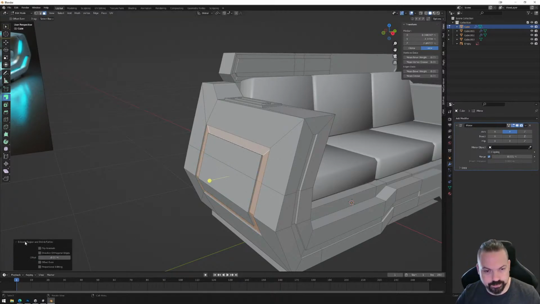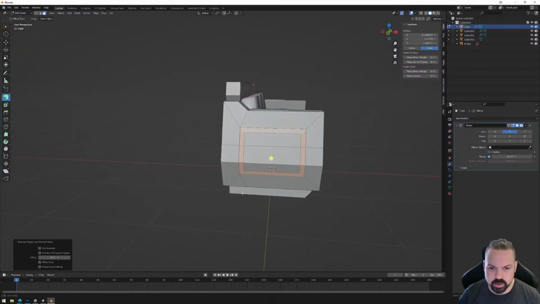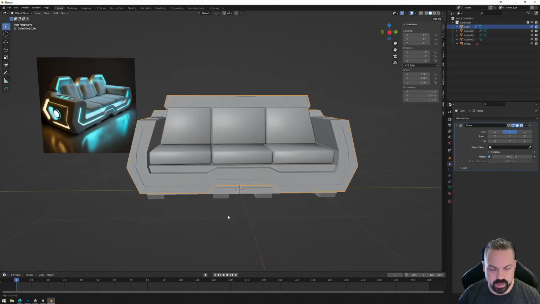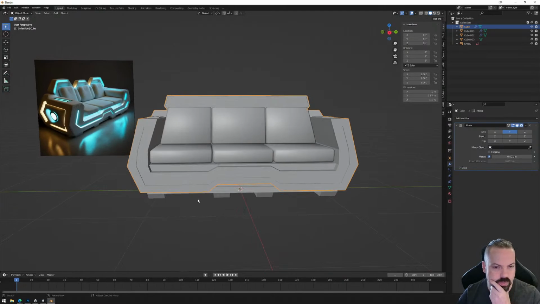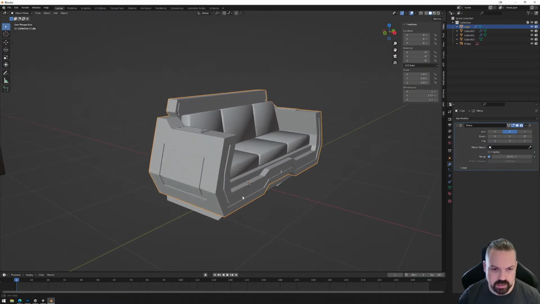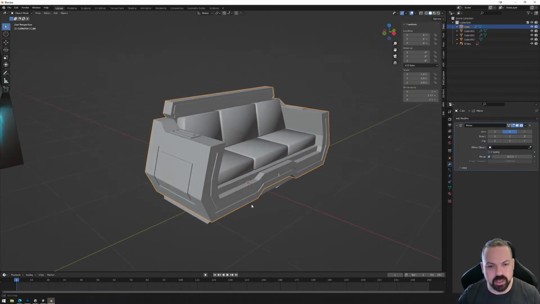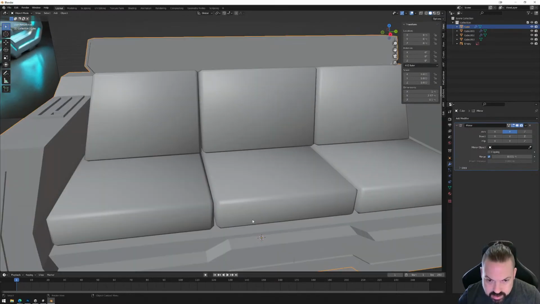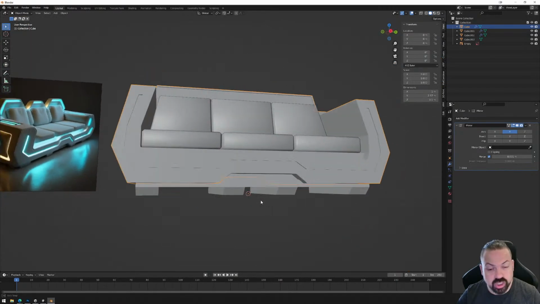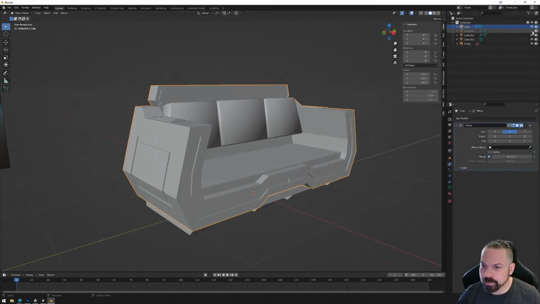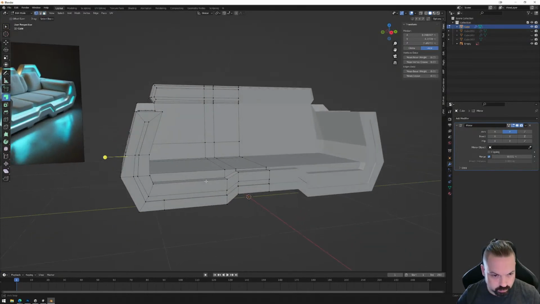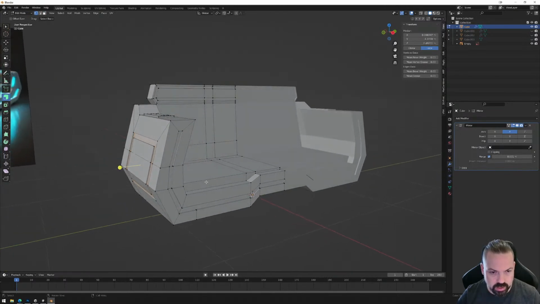Minus 0.01 works for me. All right. Now, of course, you'd probably want to clean that up, do all sorts of things. The last thing I'll do is clean up the polygon count just to make that good. And then we can kind of look at